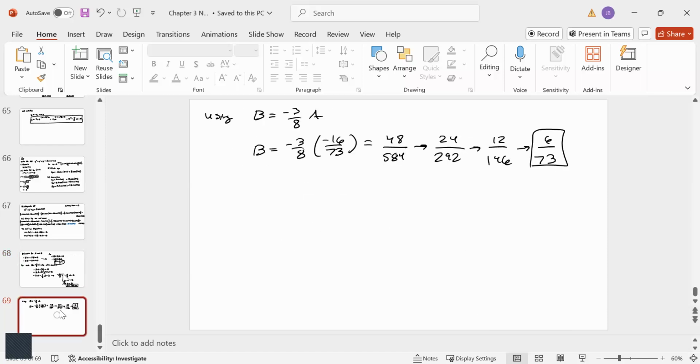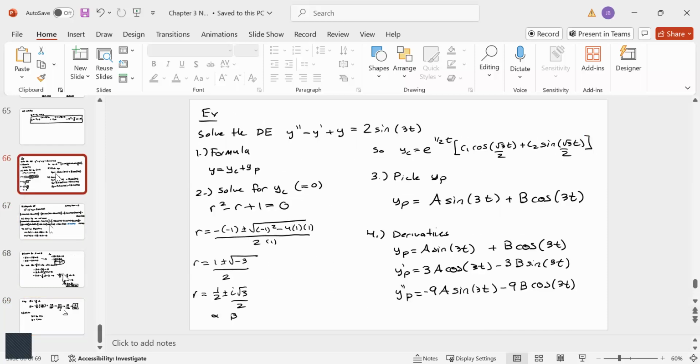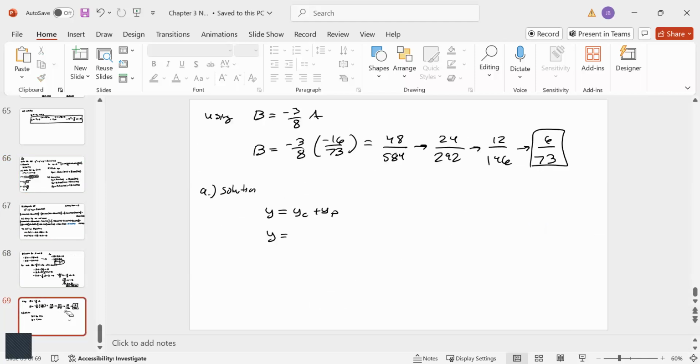All that work. Step 9, solution. So now we just combine it all into one solution. So y equals yc plus yp, which then means y is equal to c1 cosine. Except I think I forgot the exponential. I did. E to the negative 1/2 t, c1 cosine of square root 3 over 2 t plus c2 sine square root 3 over 2 t